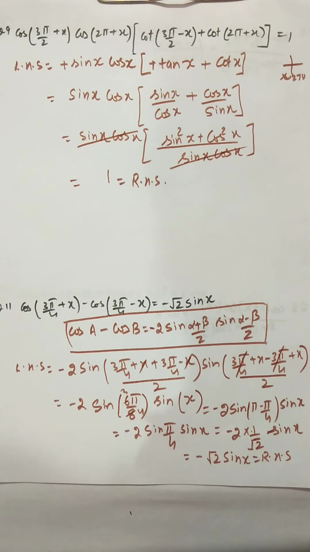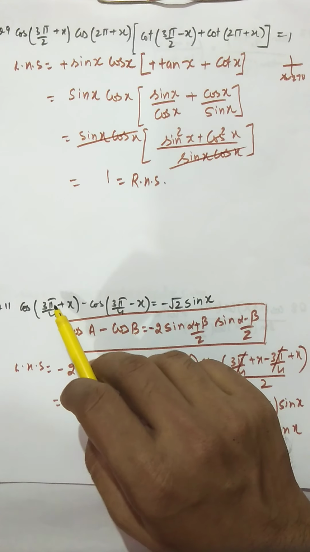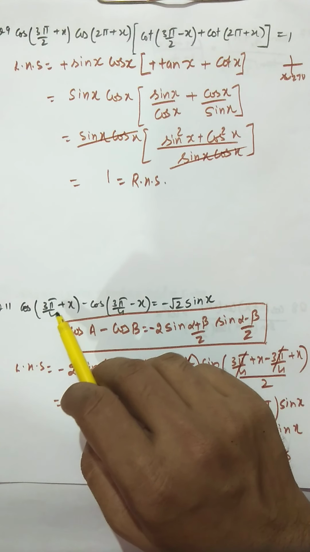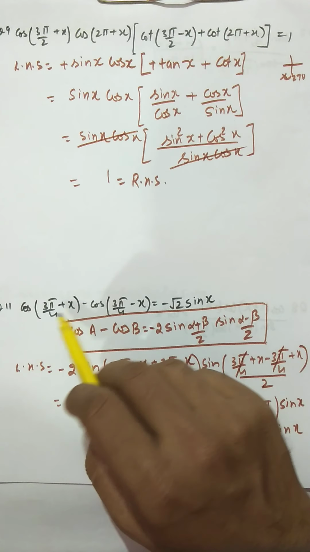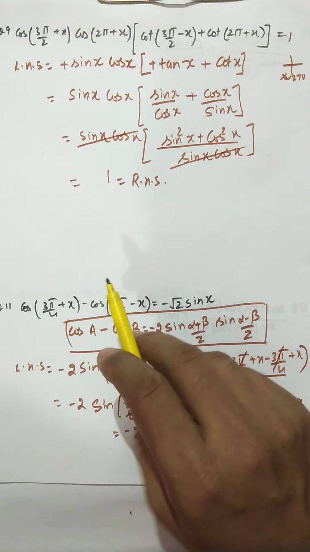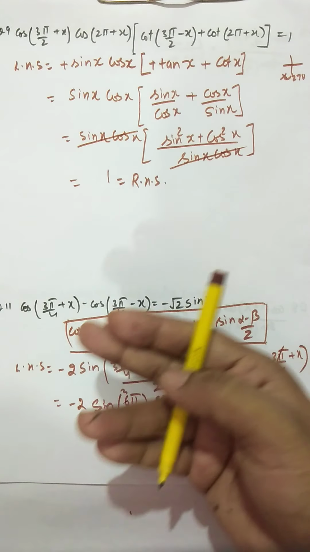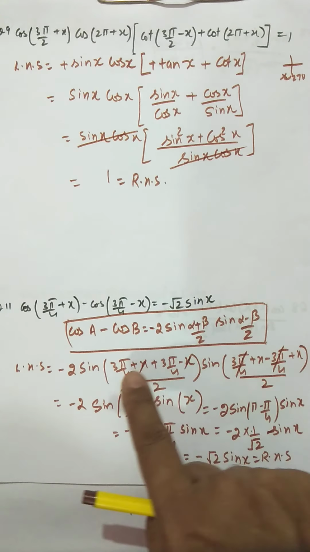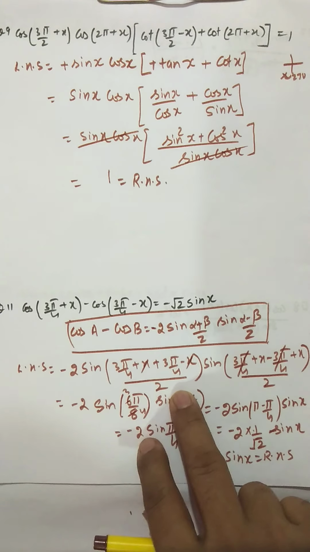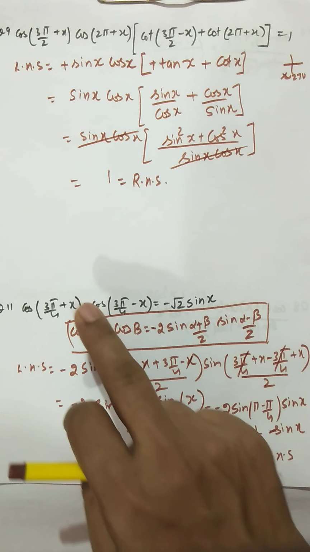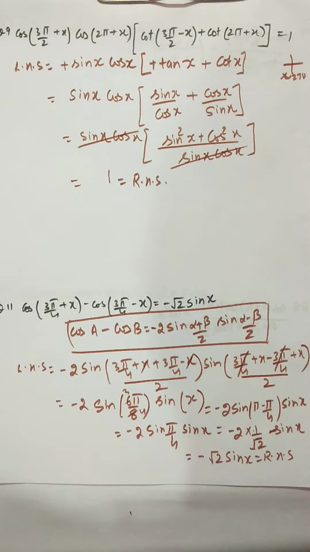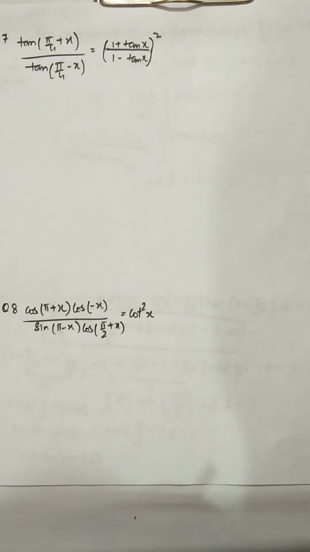Now there is another way, the way that I was telling you, that this can be written as pi minus pi by 4 plus x. But with that approach, ultimately after applying the angles concept, you have to again apply this formula. So better we apply this formula directly in the first step itself. Now we discuss question number 7 and 8.